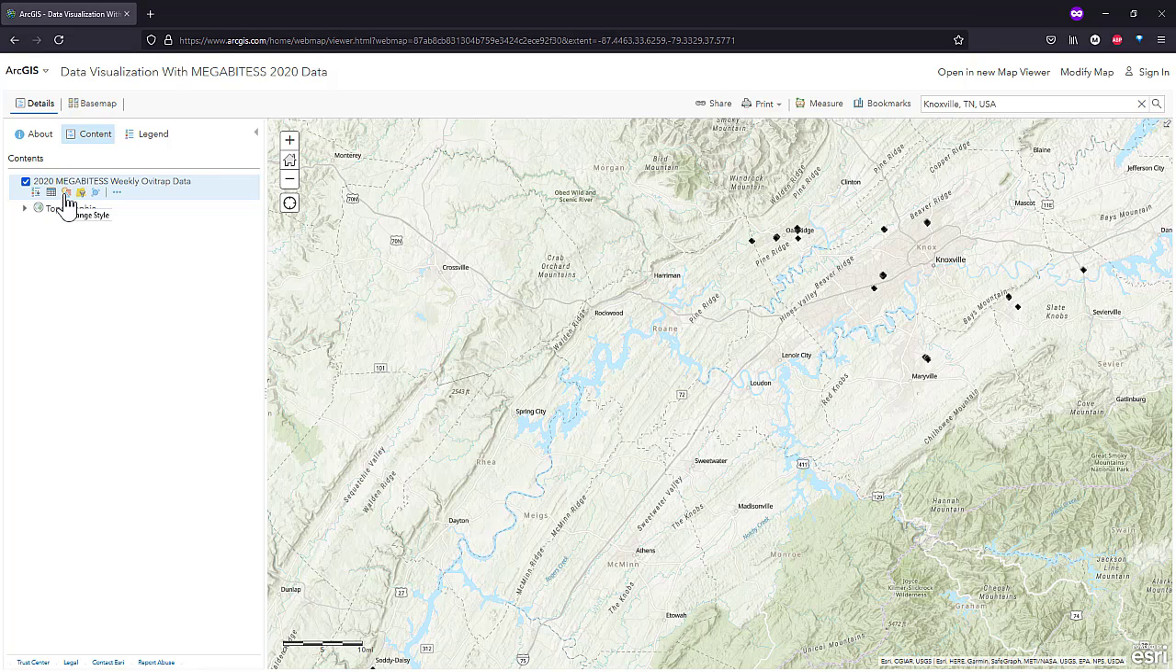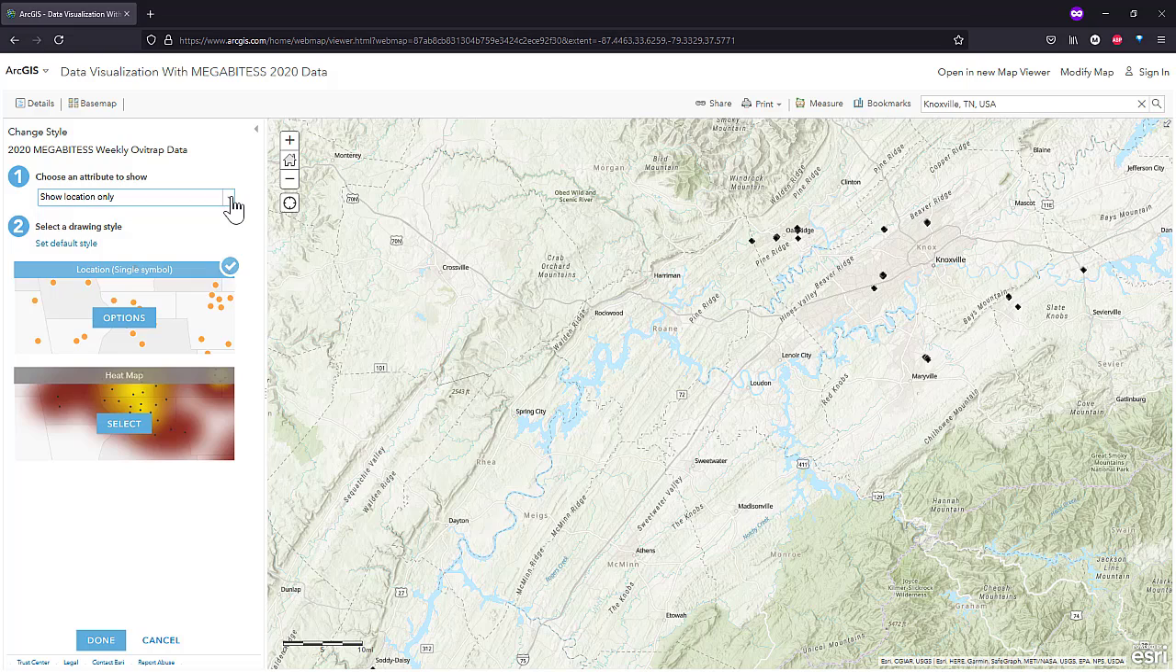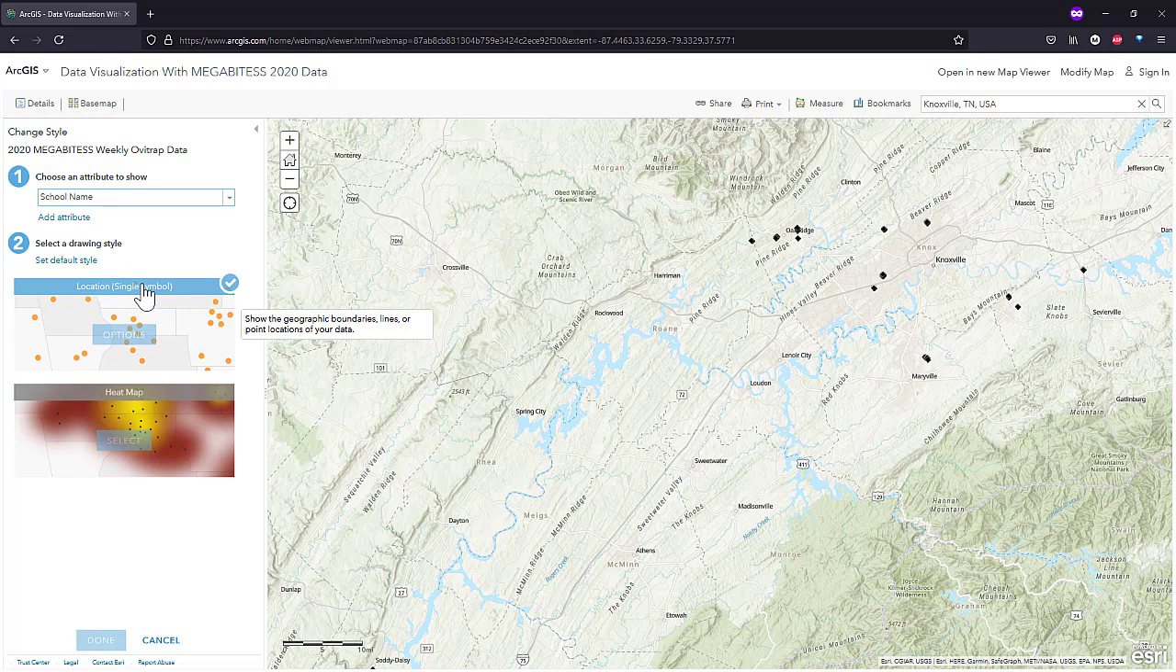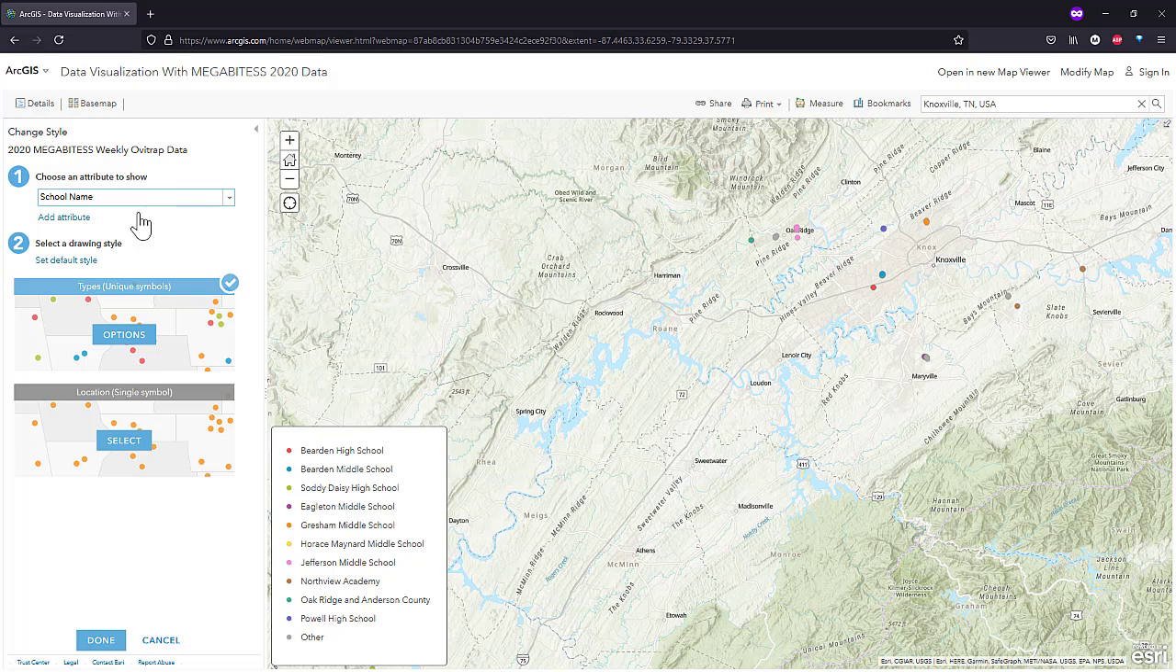show those. So I'm going to go back to Change Style. Instead of Show Location Only, I'm going to pick a column of data here to show. So I'm going to show this by the school name. And your GIS software scans the data and it says, I looked through the data, I think this is qualitative data, and therefore I think we're going to recommend you use these unique symbols. So in this case, it gives every different school a different colored dot. And again, we use different hues or different colors to represent qualitative data, so this is a great way to